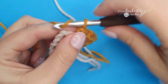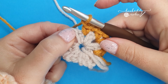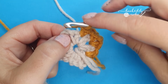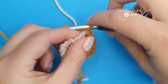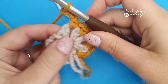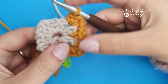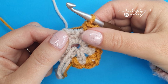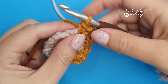Then chain 1, and we're going to work a corner into the chain 2 corner space. So directly into that exact same spot, we're going to work 1 single crochet, chain 2, and 1 single crochet. Now we're going to repeat this side corner as we go around. So chain 1,